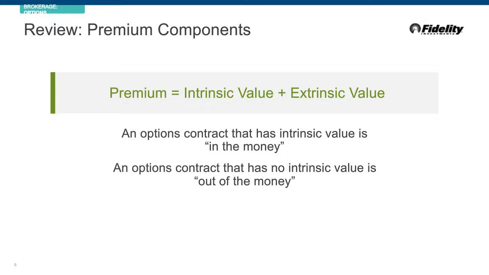Now, when we determine whether an option is in the money or out of the money, we look at whether it has any intrinsic value. An options contract that has intrinsic value is considered in the money. And an options contract with no intrinsic value is considered out of the money. So the premium that we pay for these options is completely extrinsic value, so a combination of time value and